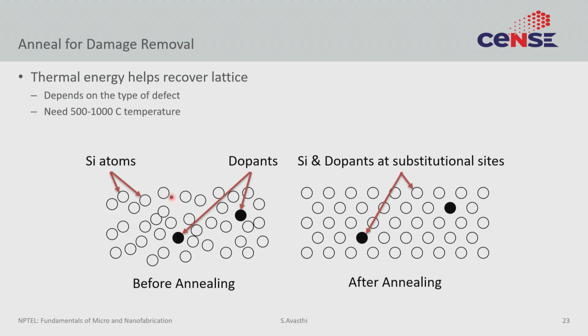What type of defects can be fixed like this, what type of defects cannot be fixed like this, all depends upon what type of defect you have formed. Some defects take lower energy, so they can be annealed away at lower temperatures. Some defects require higher energy, so they have to anneal at high temperature. The details really depend upon how much defect you can tolerate. Implantation will always cause some damage. It's very hard, unless there are some very unique cases which I will show later, where all of the damage gets annealed away. Some damage remains, you just have to find the damage that you can tolerate and do annealing appropriately.